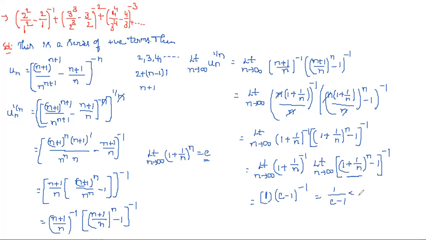So obviously this is less than 1. If you have a calculator, you can use it and check the value here. So 1 by e minus 1 is less than 1. Therefore, simply we can write: by Cauchy's root test, or nth root test, or just simply Cauchy's test, the given series summation un is convergent. Here the only thing is simplification, nothing else. So figure out that when you are doing simplification, nothing else we are doing.